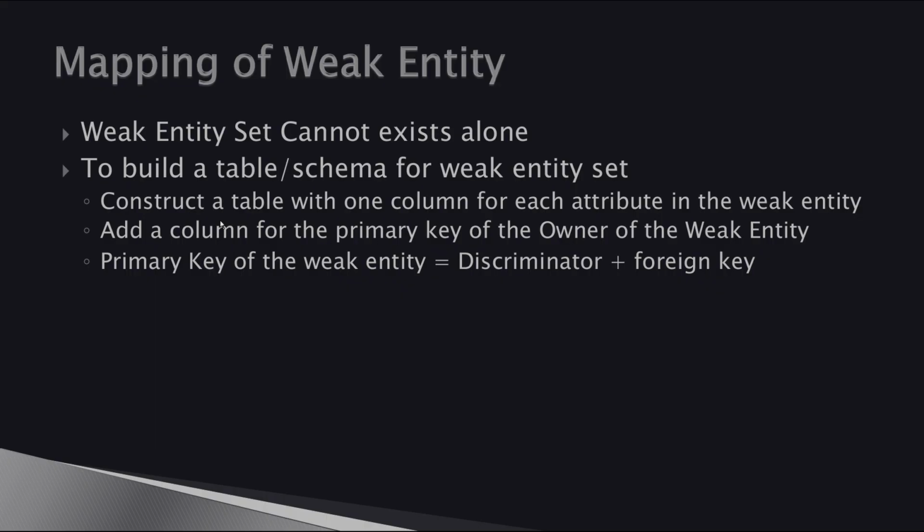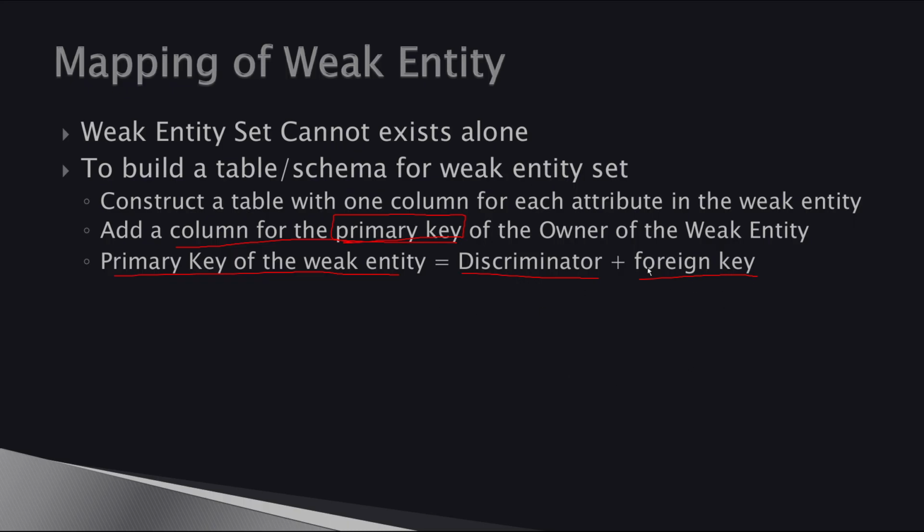But you're also going to add a column for the primary key of the strong entity associated with this weak entity. Okay? We'll see an example in a bit. So, yeah, the primary key of the weak entity is going to be the primary key of the associated strong entity, which is this foreign key, plus a discriminator, which basically says,